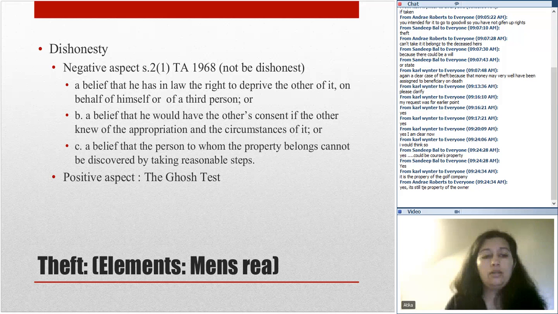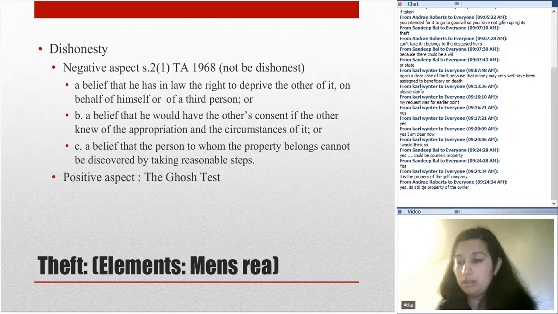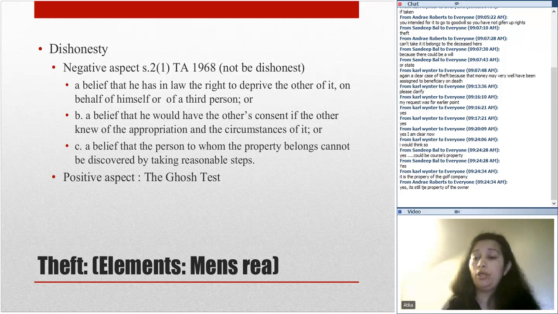The third one is the belief that a person to whom the property belongs cannot be discovered by taking reasons. Nobody knows who is the owner of that pencil. They are searching high and low. Somebody is the owner, and the owner is not turning up. It is the same theory of complete abandonment, that there is no owner, or the owner is undiscovered, then